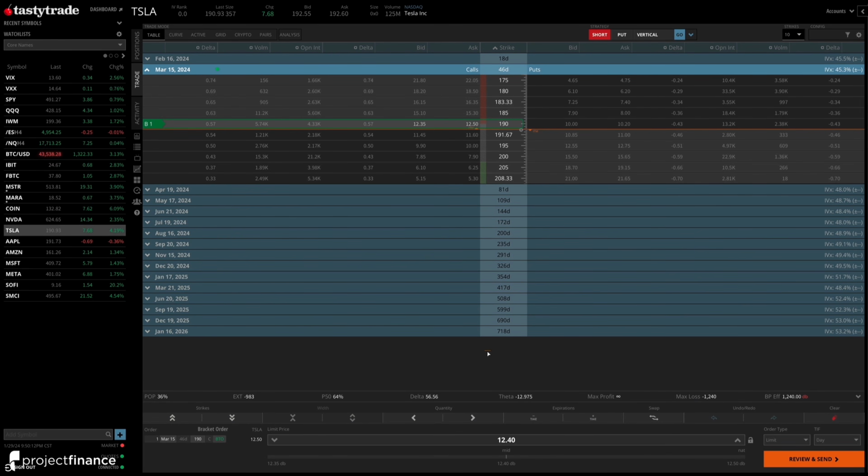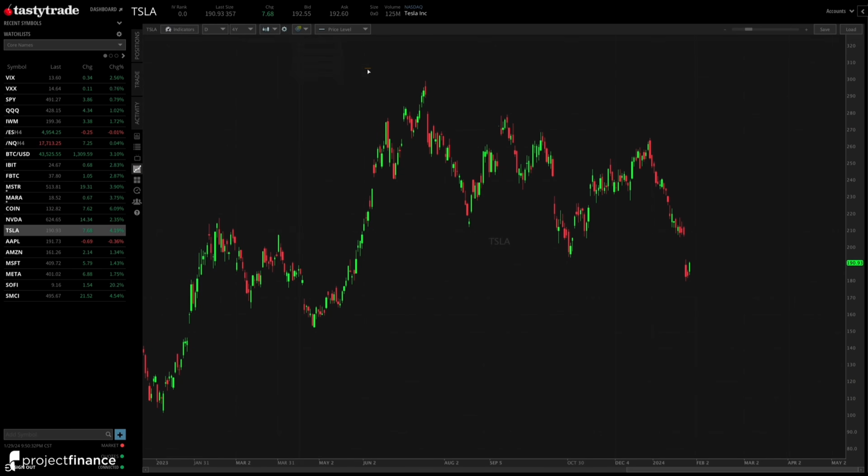The break-even price of a call option purchase at expiration is the strike price of $190 plus the amount that we pay for the option, which in this case is $12.40. This means that the break-even of this call purchase is $190 plus $12.40, or $202.40. If I go over to the chart, I can quickly put the break-even price on this chart right here,